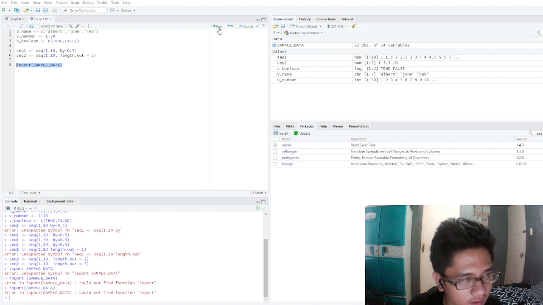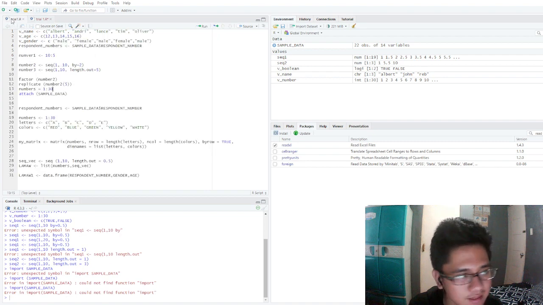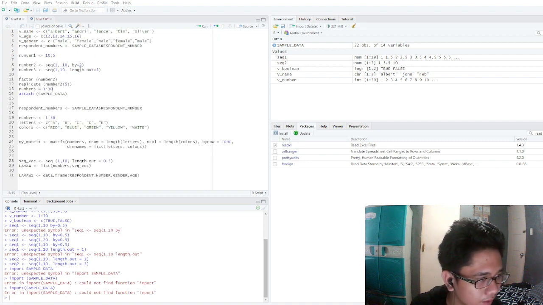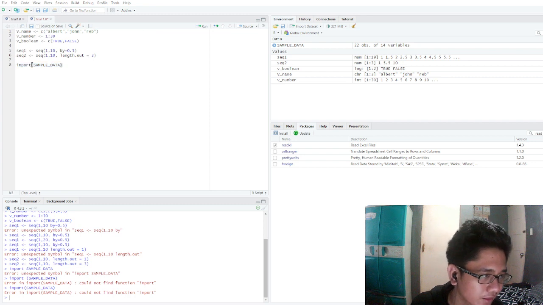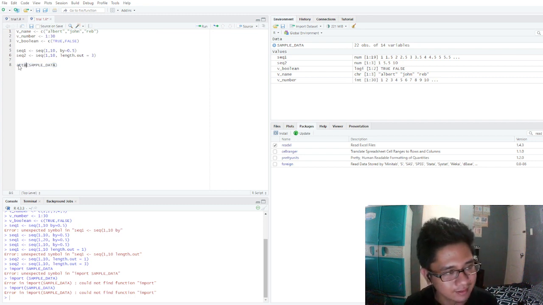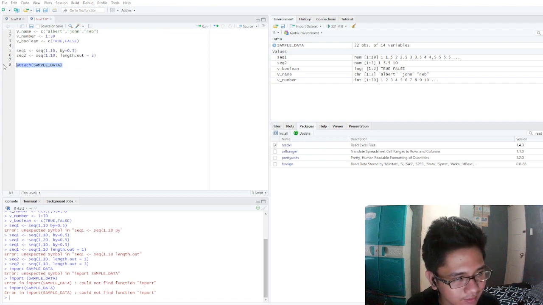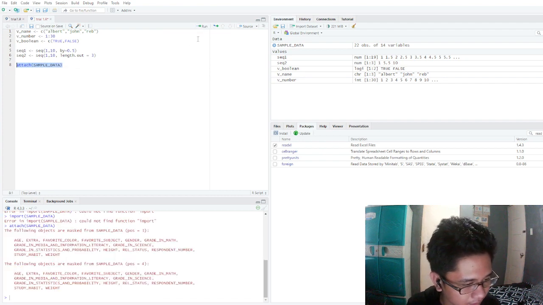I'm pretty sure I have it with Excel. Let me see here. It's attached, not import. My god. Attach sample data, that's why. Sample data is already attached.